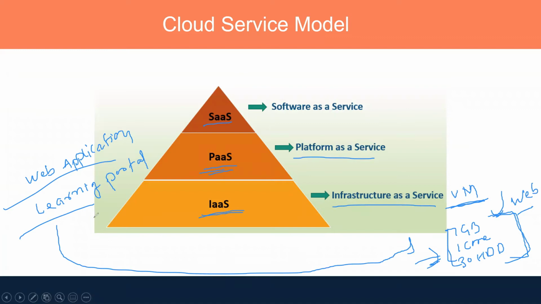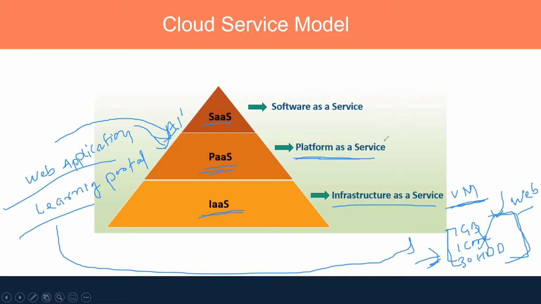Or you can just take their platform. You can take the Apache or IIS server, and you can directly deploy your application there. Instead of creating a whole infrastructure, you can just deploy your application on the platform, which is the Apache or IIS platform the cloud is providing.